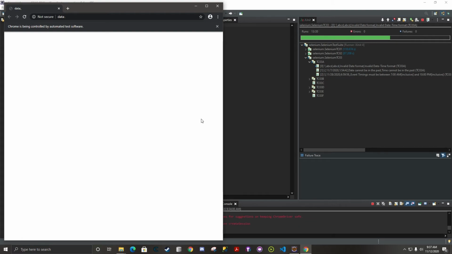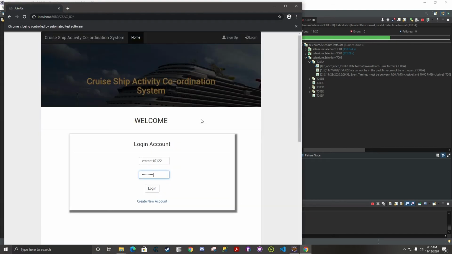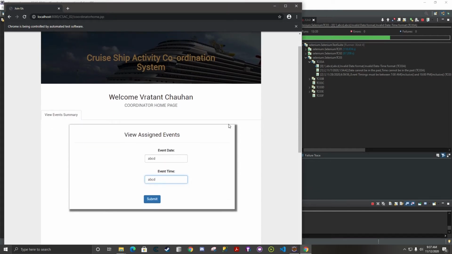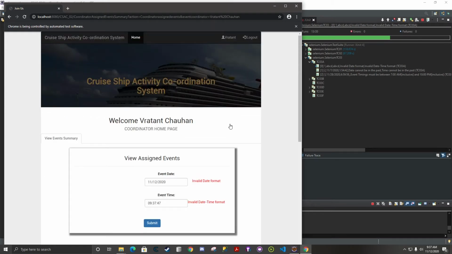Then we have TC03, which is the coordinator part. So the coordinator will first log in, then he'll search for the event, but first we'll verify all the datetime error messages.